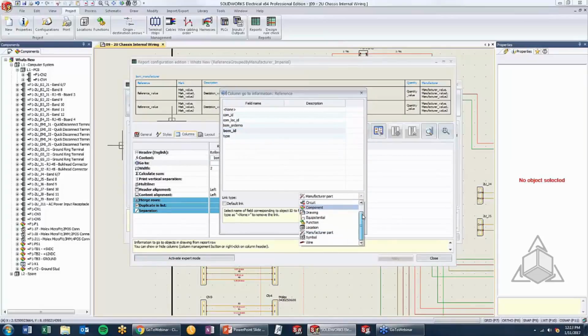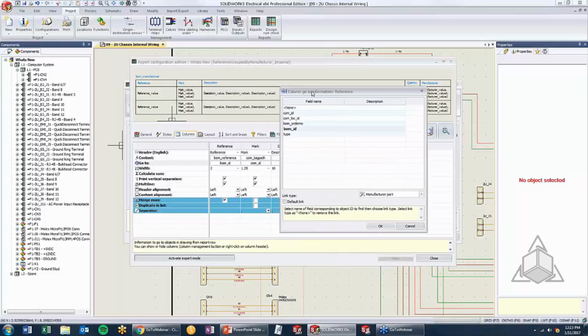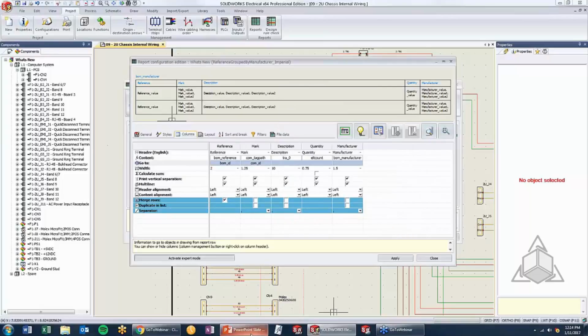And we can see some of our other selections. We can link to a cable, a circuit, a component, and can actually link to a drawing that will prompt us into the drawing that it exists in. Our functions and locations, as well as our manufacturer parts and symbols, and wire as well. So some different fields that we can link to, and then characteristics that meet the type of reference that we're pulling out. So for a reference link, we'll be able to link to a component or a bill of material or that type of reference there. I'm going to leave up my report configuration because